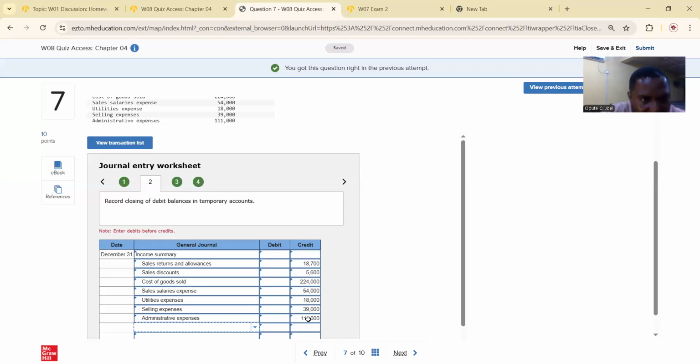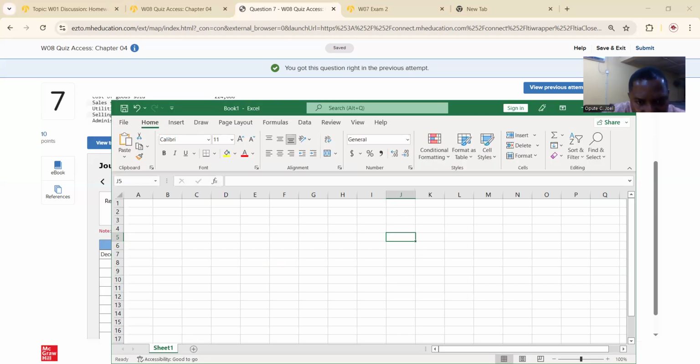111,000. Now, I think these are all the expenses here. So I'll total them. Permit me to use an Excel worksheet to total them. The very first one, let me just list them out, is 18,700. Then the next one we have is